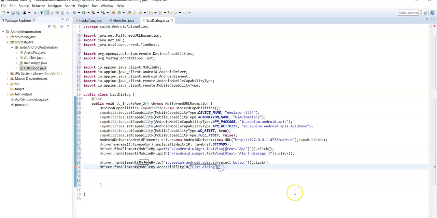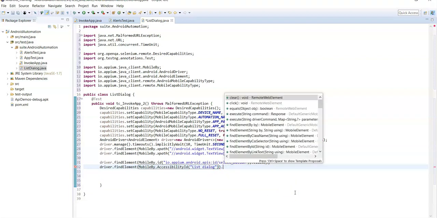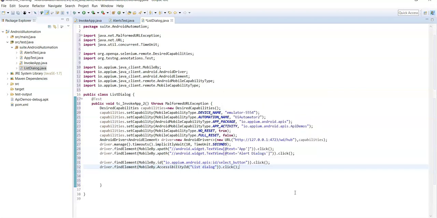This is the content-desc value. You can use any of these two. So comment it. So you can use the content-desc value as well.